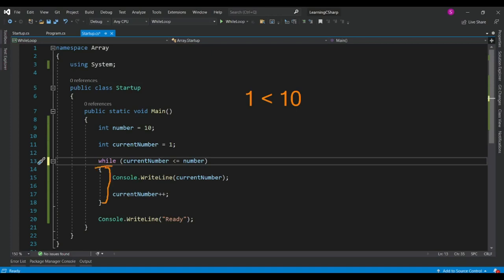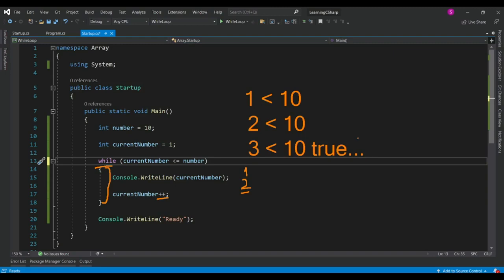So we first printed 1, then we increase the current number by 1, so now we have 2. Again we check if 2 is less than 10, and because it is, we print 2 on the console. After that, we again increase this number by 1. We have 3, and 3 is less than 10. It returns true, and so on